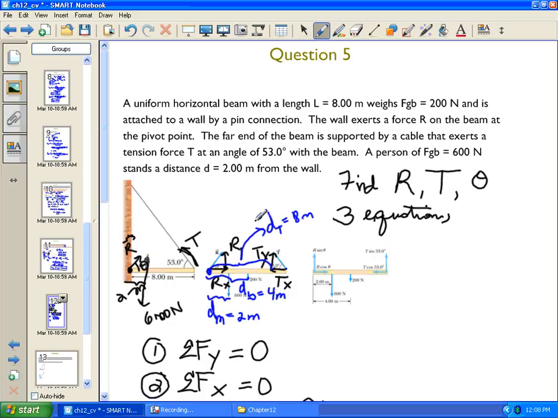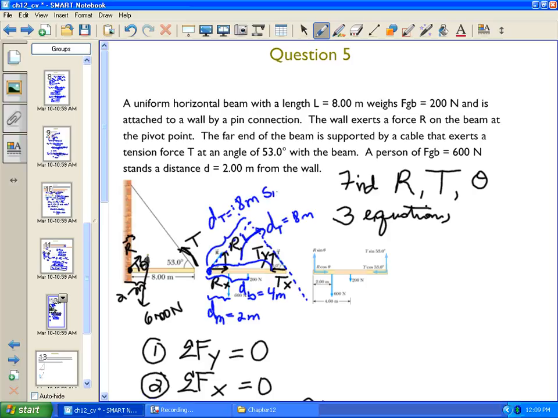If we didn't want to use Ty and we extend the line of force along the direction that T acts, a direction perpendicular to that would be this, so that this moment arm would be, this is the right angle of the triangle, this is the hypotenuse, which is 8 meters, so this distance here, d sub T, would be equal to 8 meters